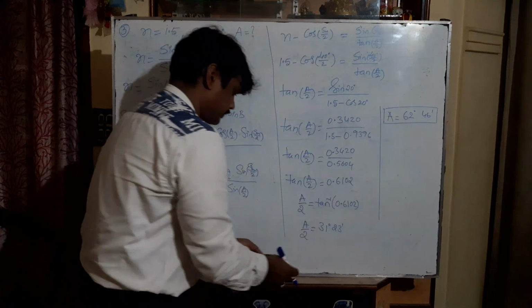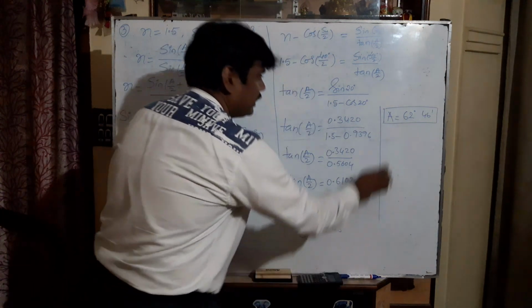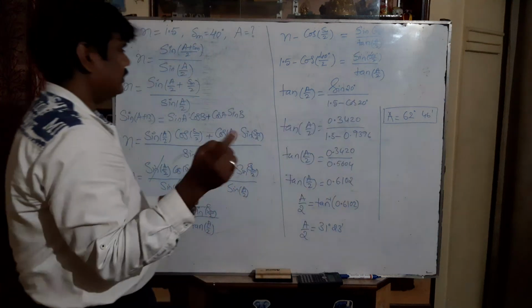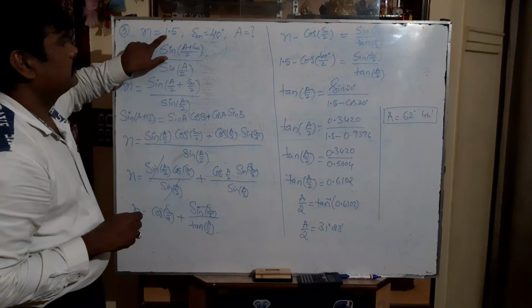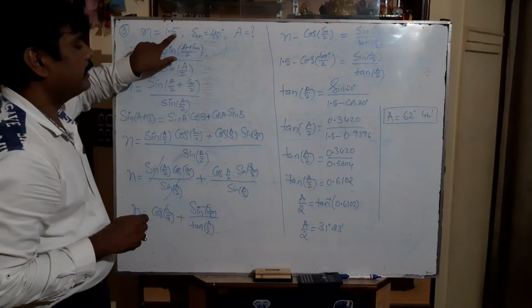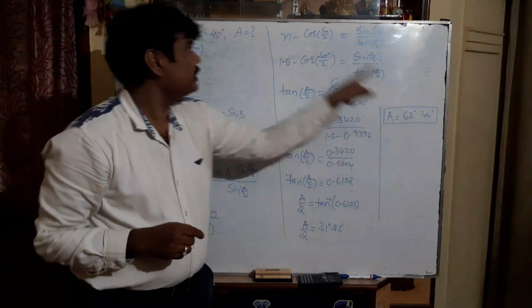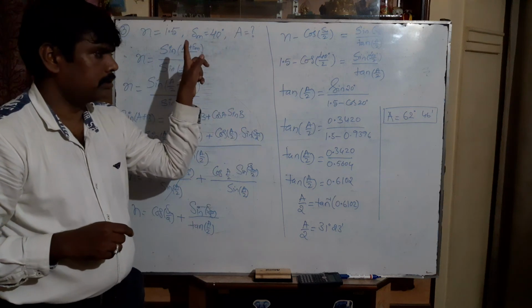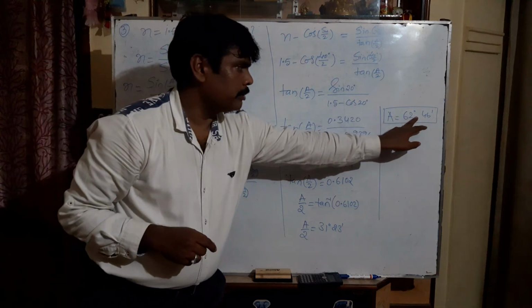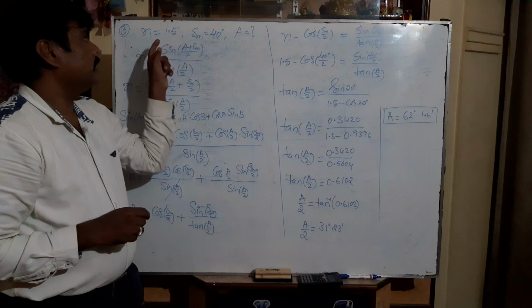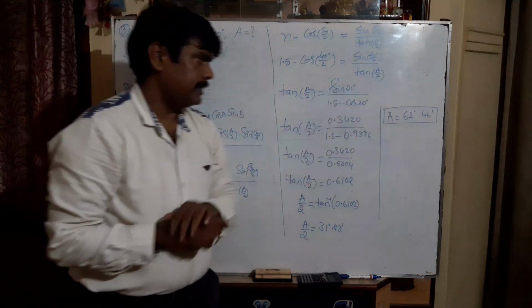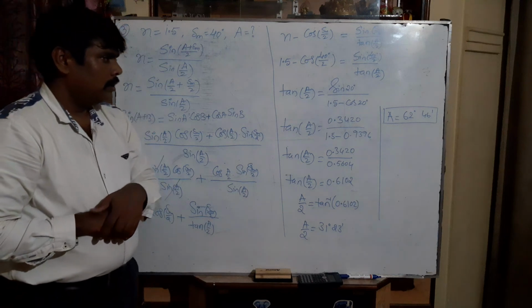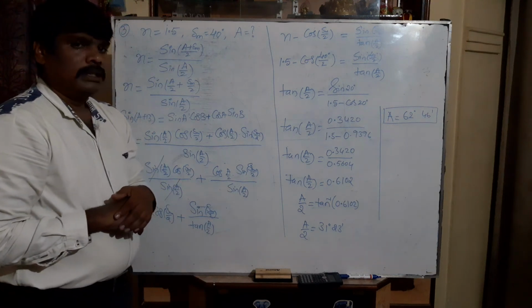So this is the angle of the prism. We are getting a little bit higher than 60 degree. The reason I already told, because we are not exactly using this value. See, if you are using exactly 1.532, you will get 60 degree only, because of our 40 degree angle of minimum deviation. So don't worry about this fraction, because in the given data they have given only 1.5, the answer should be 62 degree 46 minutes. So this is the method to solve the third one.